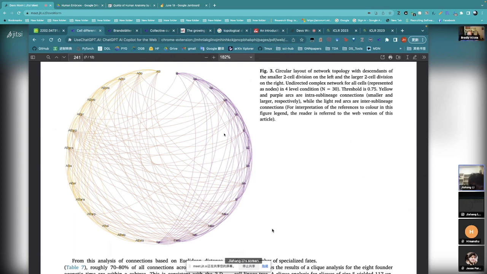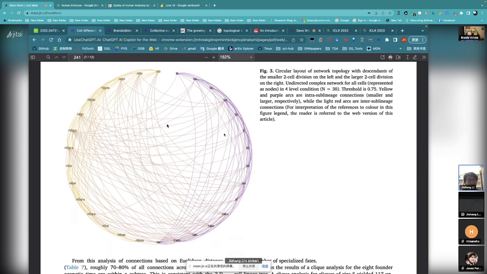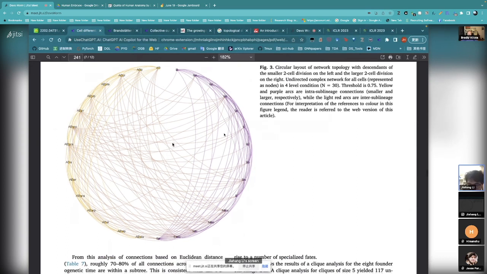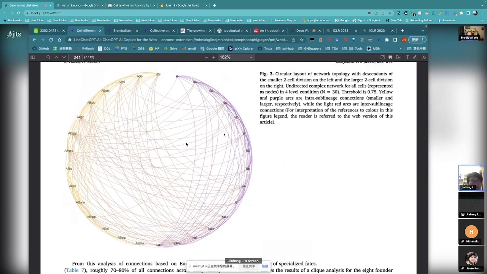All right. Okay. Let me go ahead, because I don't want to take up too much time. And actually, in this paper the connectivity is